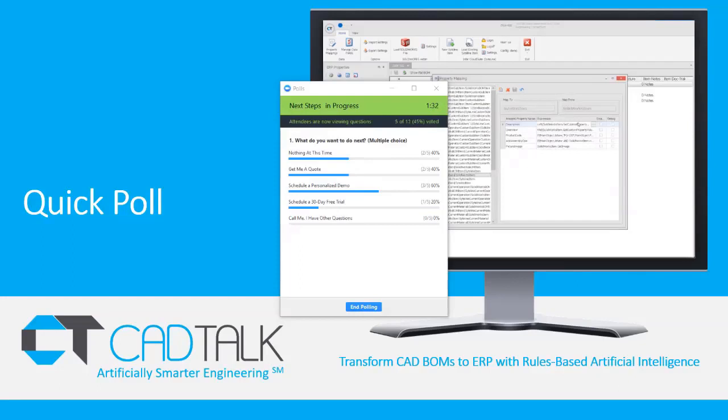And while we wait just a few more seconds for the rest of the votes to come in, we'll mention we do an awful lot with Infor. We were just out at the Sun Conference, probably got a chance to meet a few of you out there, or maybe some of your colleagues that attended that show. And you know, really excited to be able to offer this up. All right, we'll give it another 5 or 10 seconds.